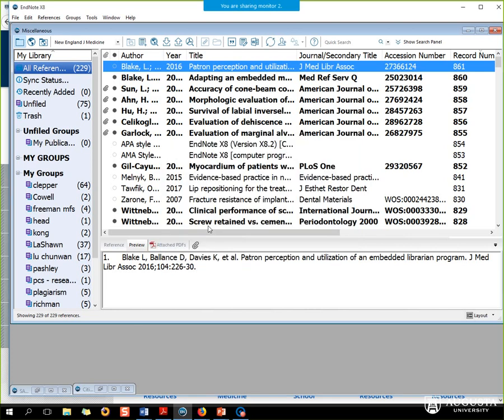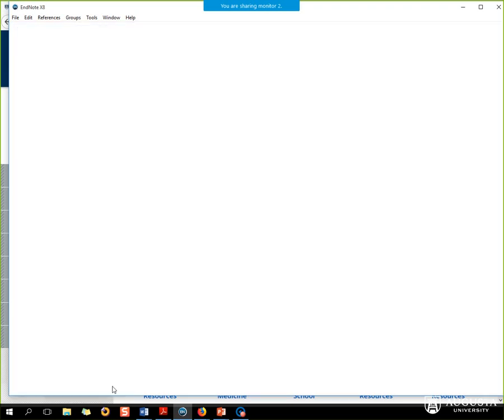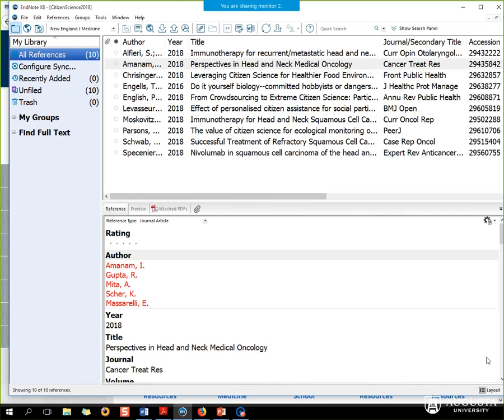So what does EndNote actually do? It actually helps you hold records inside a library. And we have a list of records here in a library. I'll bring up another one here that I just did the other day. I call it Citizen Science 2018. You can see that there's a list with different panels or panes of information that help you use all these things. So you can download records for journals, books, book chapters, government documents, websites, legal citations,